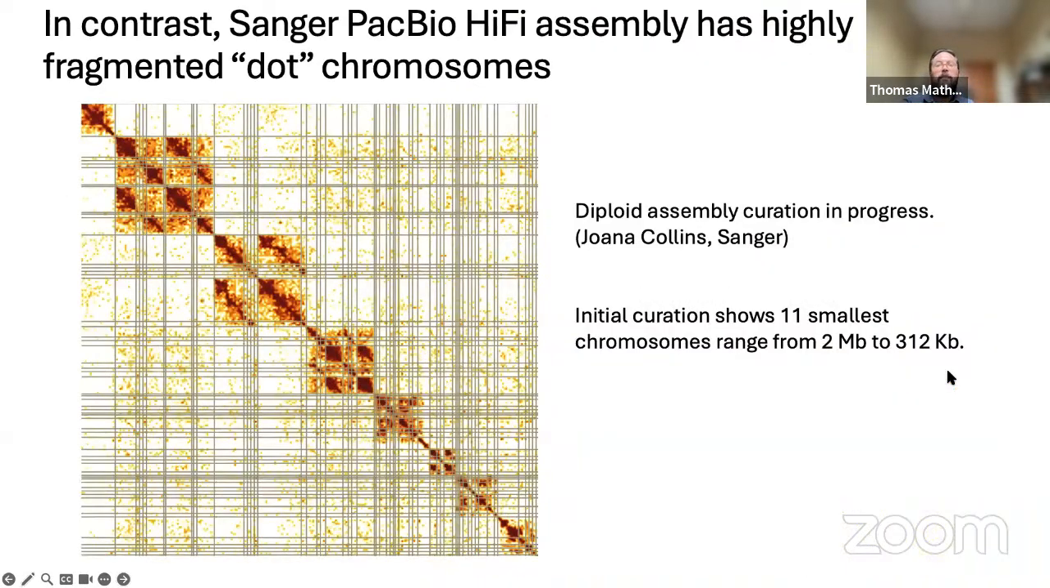And if we compare this, so this was published, but the same bird species also came through Sanger. And I think, Joe, you did the curation for this one. So this is Joe's phased diploid assembly of the same bird. And these are, again, the smallest 11 chromosomes in Joe's version. In this case, the largest one is around 2 megabases, but the smallest one is only 300 kb. So the micros, again, even after a substantial amount of curation effort, are still substantially smaller than you get